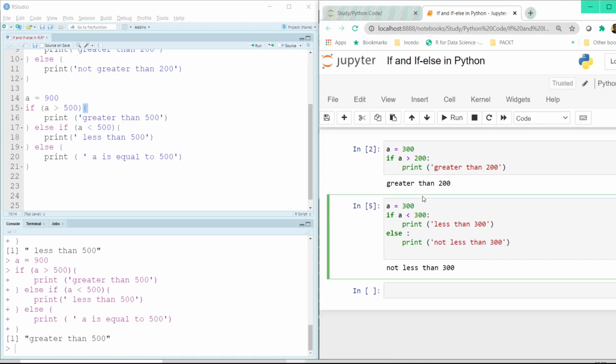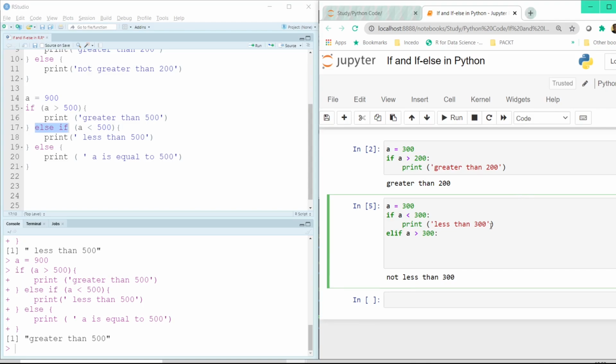If I want another condition to be executed, which is what if A is exactly equal to 300, right? So to do that, let me delete this. In Python, instead of else if that we have here in R, we would be using the elif condition here. So it will be elif. And in elif, now what we are saying is A greater than 300. And then after the colon, we again click on the enter button. So here it by default gives me an indented line where I can type my condition here.